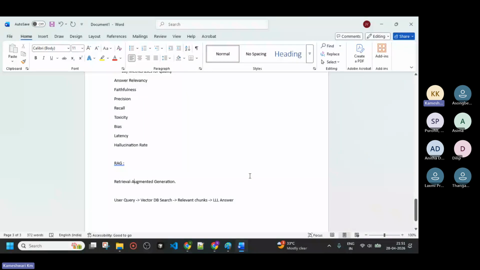To evaluate RAG, we are using the RAGAS framework to define context recall and context precision. Context precision checks whether the context came precisely, and context recall checks what has been recalled. Then it will check answer relevancy and faithfulness for the RAG.